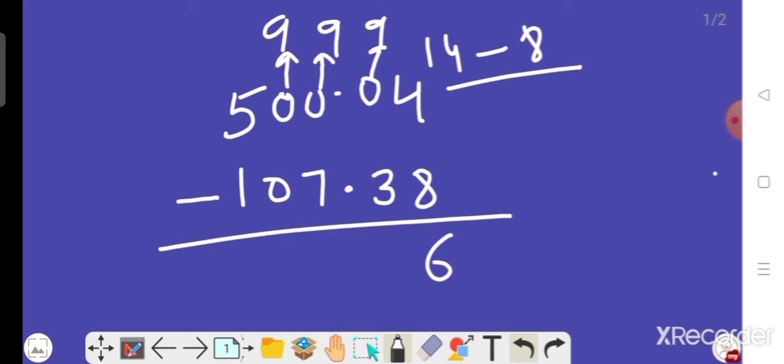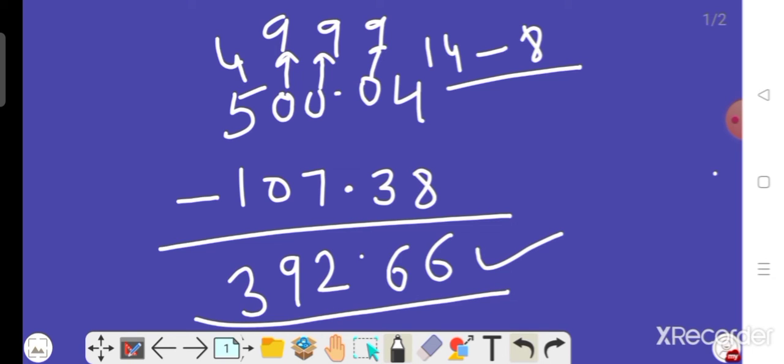9 minus 3 is again equal to 6. Decimal is as it is. 9 minus 7 is 2. 9 minus 0 is 9, and here we have taken carry from 5, so this 5 will be 4. So 4 minus 1 is equal to 3. This is the result of the A part of your question number third, beta. The remaining questions of the third are the same as the first. Try to do them by yourself, beta. So this is the method by which we can evaluate the given decimal numbers.